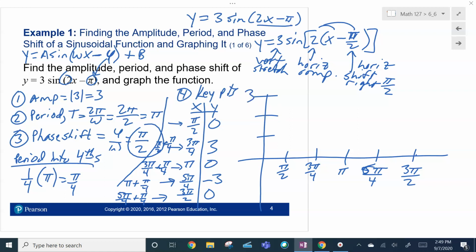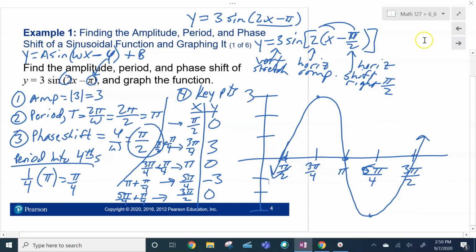At pi halves it's 0. At 3 pi fourths I got 3. At pi I've got 0. At 5 pi fourths I've got negative 3. At 3 pi halves I've got 0. And I can see my graph. Let's take a look in decimals now